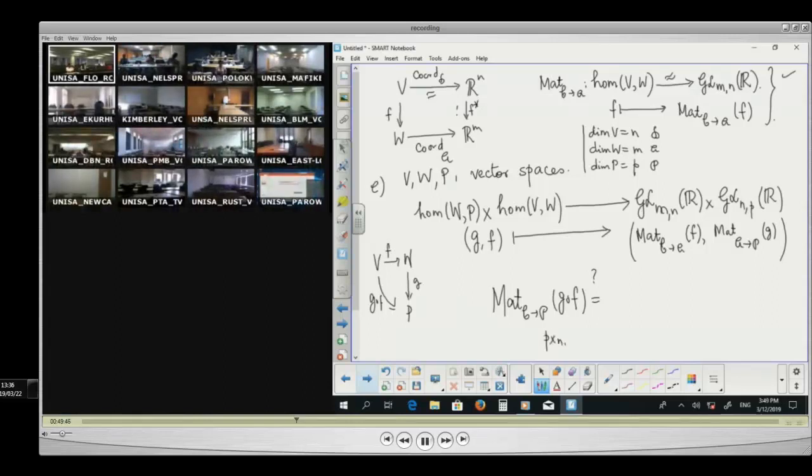From an n-dimensional to m-dimensional. This is an m cross n-dimensional matrix. This is from an m-dimensional to a p-dimensional. So this is a p cross m-dimensional matrix. Okay? In fact, what happens is, this is nothing else but